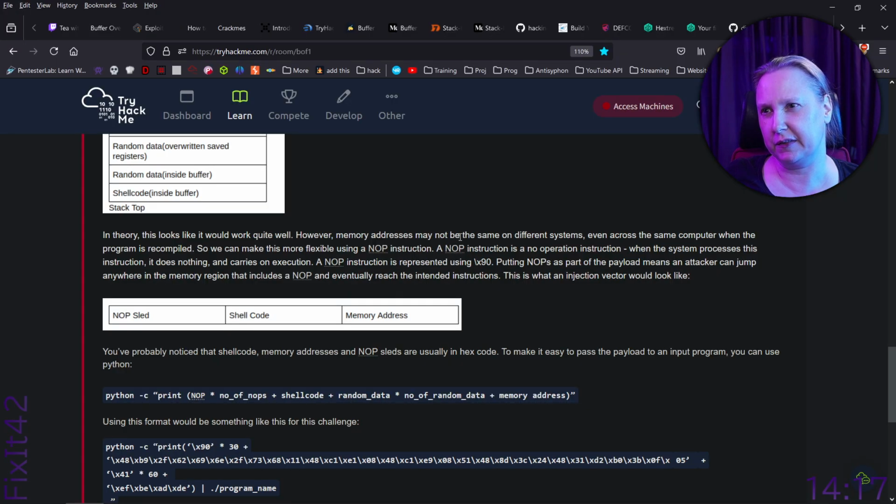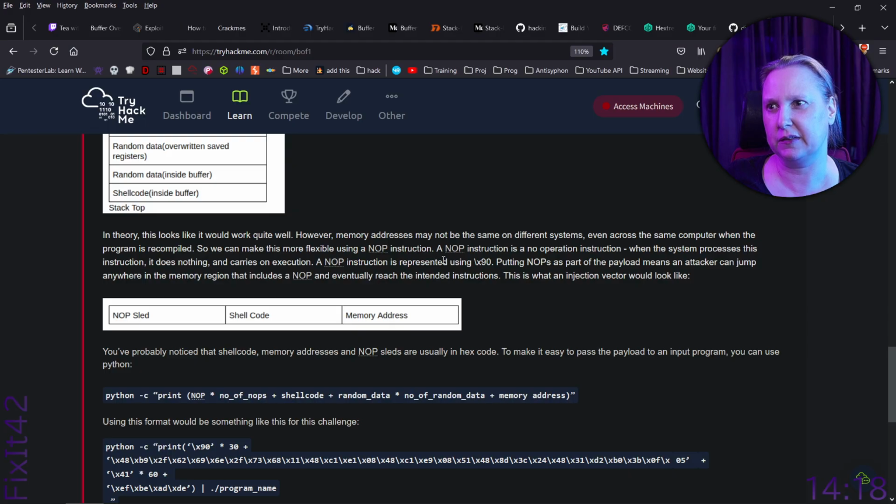However, memory addresses may not be the same on different systems, even across the same computer when the program is recompiled. So we can make this more flexible using the NOP instruction. When the system processes this instruction, it does nothing and carries on execution.